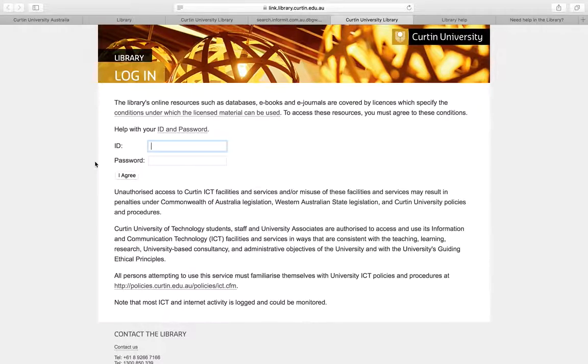If we have a look now at Emerald, I'm just going to log in once again. Just waiting on our internet connection here. While that's loading,